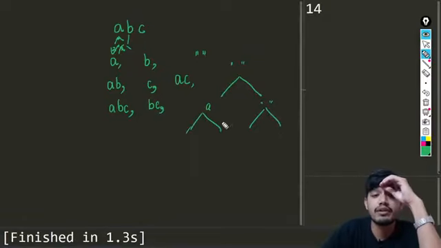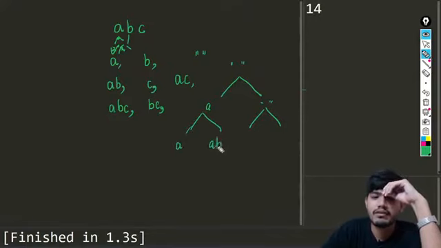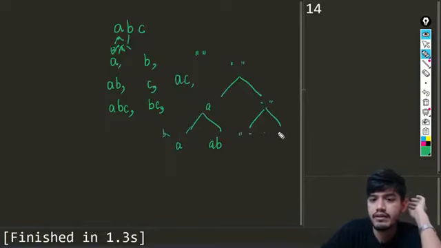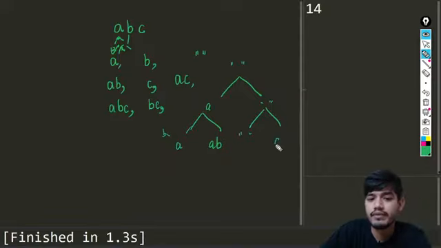We are excluding A and including B. Here also we have the empty string in which we are not including anything, and we are including B here, so it will simply be B. For this also we will be having two things: we are not including C. So we will be having AC. So not including gives you A only, not C.